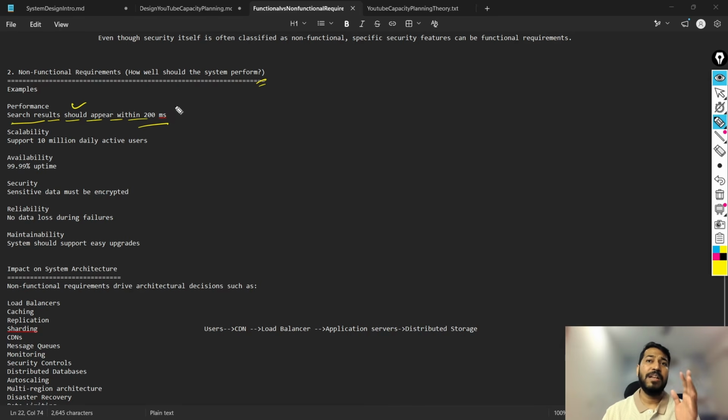That is one perspective on how you can think of performance. In terms of scalability, suppose our system should cater to 10 million daily active users. Is whatever system we have created capable enough to handle 10 million active users' requests? If not, we need to think about that. Availability contracts: they could be expecting that this application should be up and running with 99.99% uptime. So if you talk about this uptime, let me